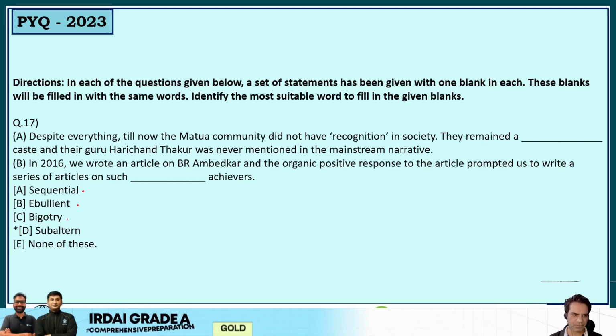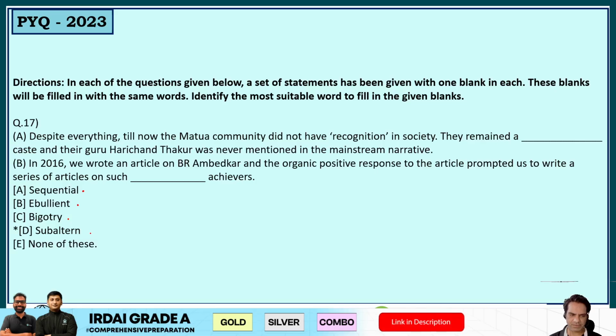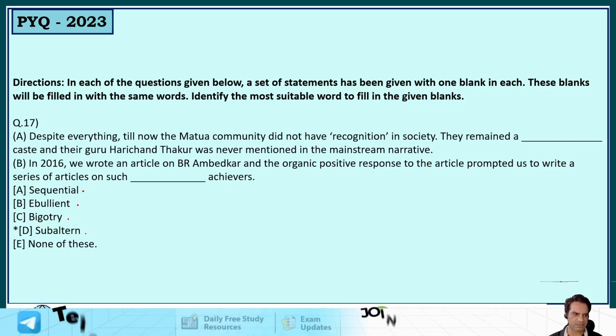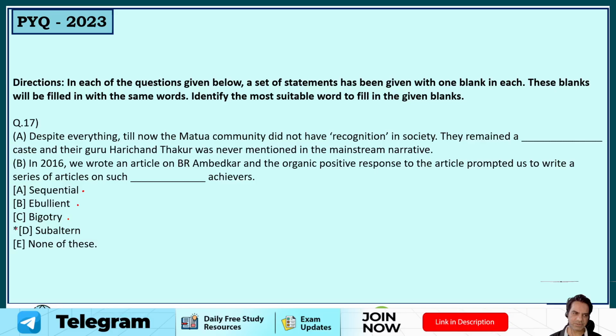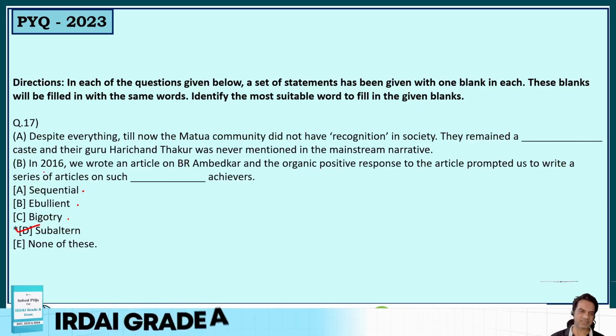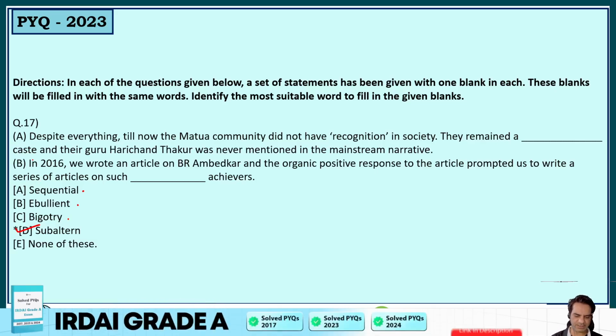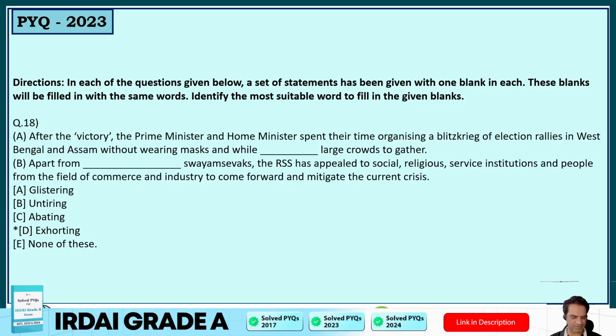So such sequential, no. Ebullient, no. Bigotry is again somebody who's biased. Subaltern, yes, guys, somebody who's very charismatic and somebody who's very worthy of success. So option D is your correct answer here. Next, we have to find